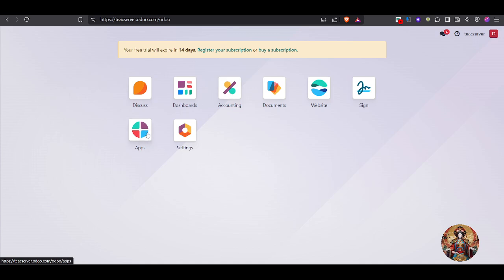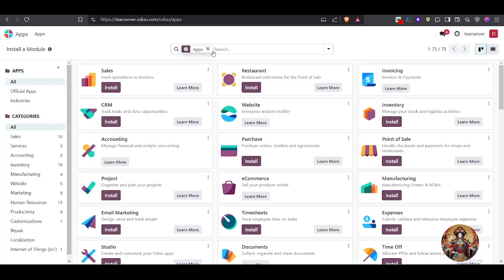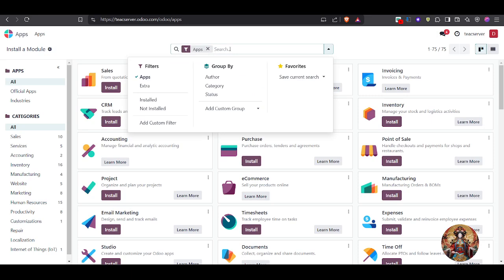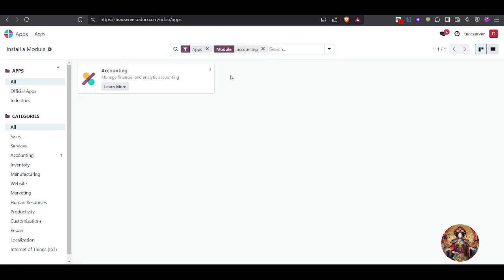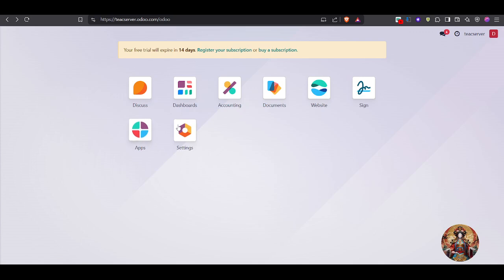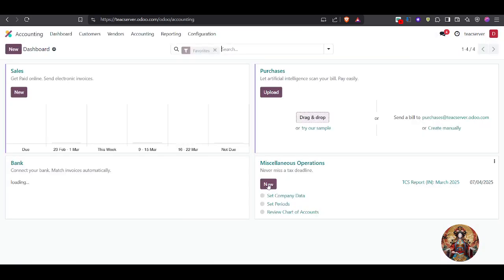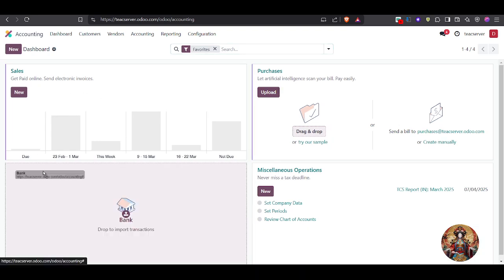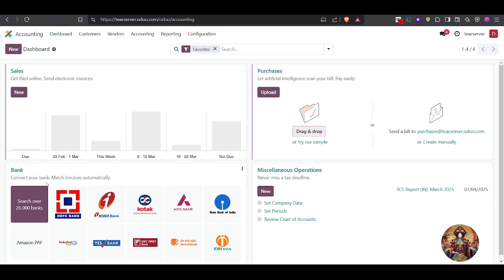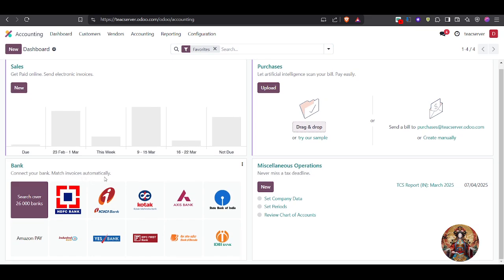But if you have not, simply click on applications. From there, you have to add accounting. It will show up here. Then just install that accounting application and click on it. From here you can see sales, and you can also connect your bank account and match invoices